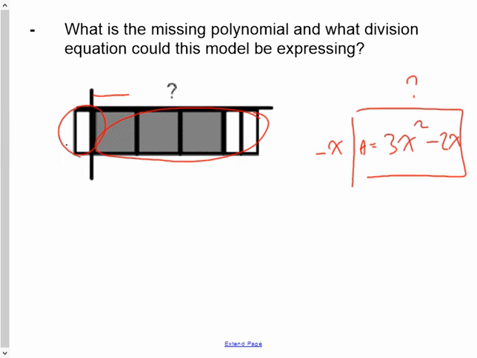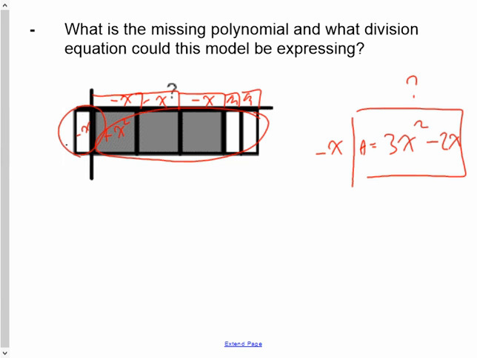But before we get there, these are all going to be negative x's because a negative x times a negative x will be a positive x squared. These are going to be a positive 1 and a positive 1 because a positive 1 times a negative x will be negative 1. So if I look at this up here,